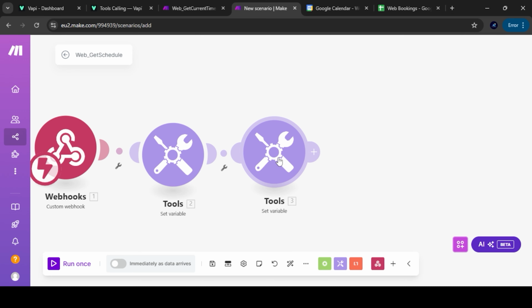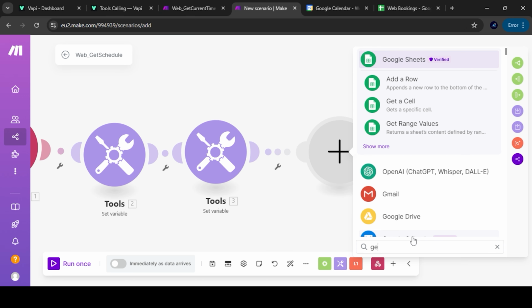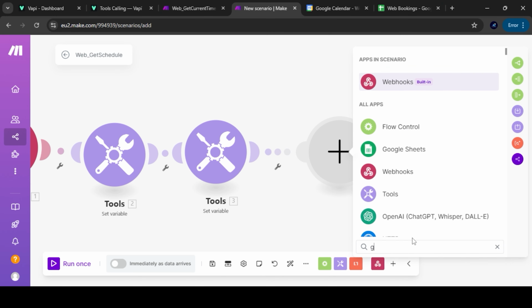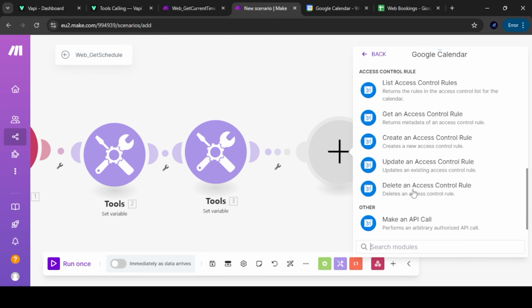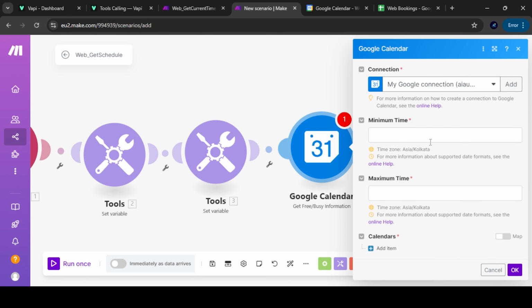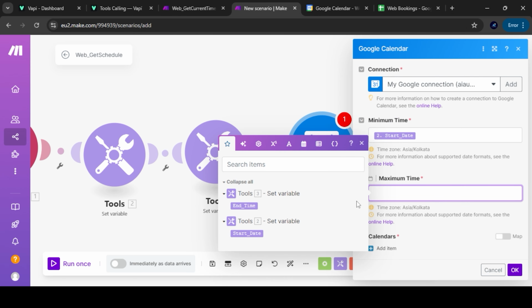Then what we'll need? We have to check the Google Calendar. To get the free and busy times, Google Calendar provides it. Let's search on Google Calendar. Click on Google Calendar and get free busy times. We need busy times. Minimum time would be the start date. Maximum time would be the end time.